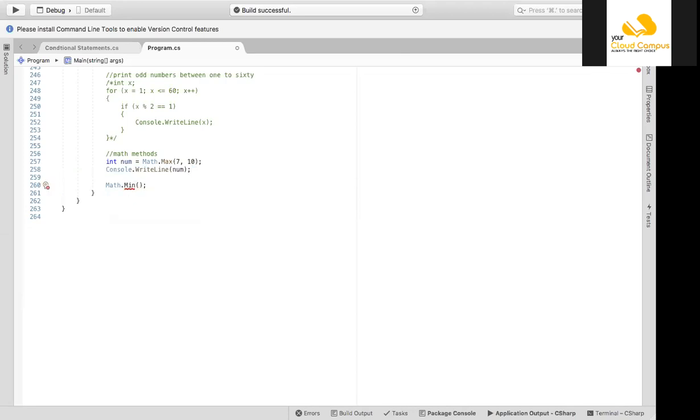It also accepts two parameters, so again write two values separated by commas. It will return the minimum value of these two, and you can store it inside a variable. Declare int num1 is equal to, and print that number. It will return 5, because 5 is the minimum of these two, and then we will print it on the screen.